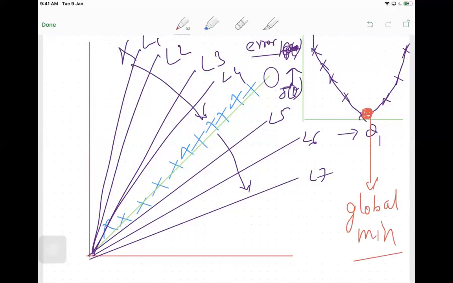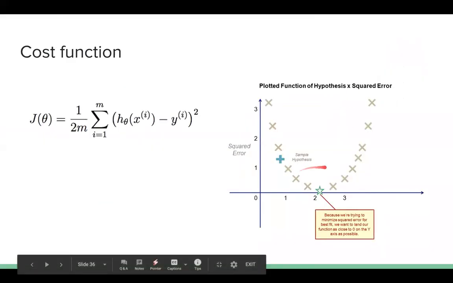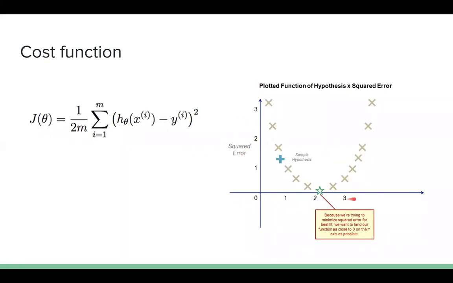So with that understanding, let's quickly look at this graph. Here it is the J of theta, which is the error function, and these are my different slope values. When I keep plotting the error, you can see that the error is initially high, comes down a bit, goes down a little more, and so on. At some point, when the line is exactly passing through the data, your error might be closer to 0 or even 0. And again, if you deviate further, it keeps increasing. So it's basically an inverted bell curve. That's the reason we say that the error function in linear regression will always follow a normal distribution.